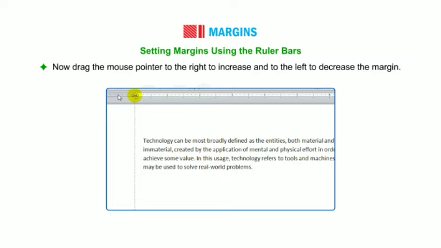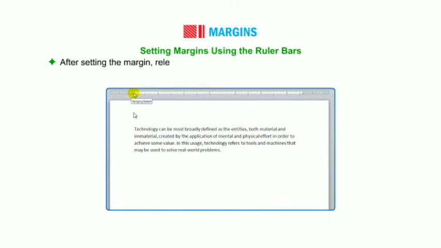And if you drag it to the left side, then the margin or the space will be decreased. After setting the margin, release the mouse button and observe the changes in the left.